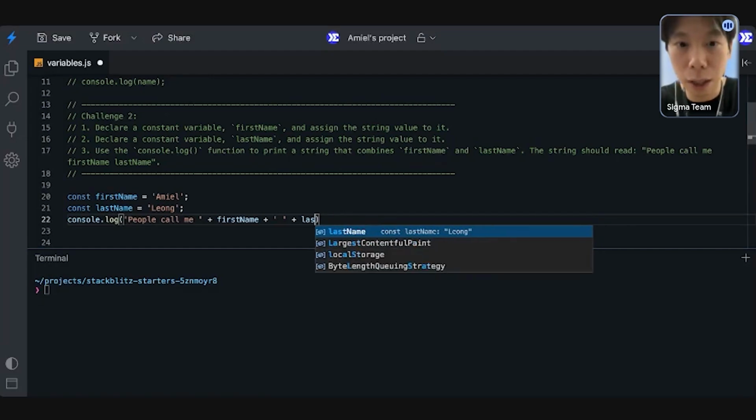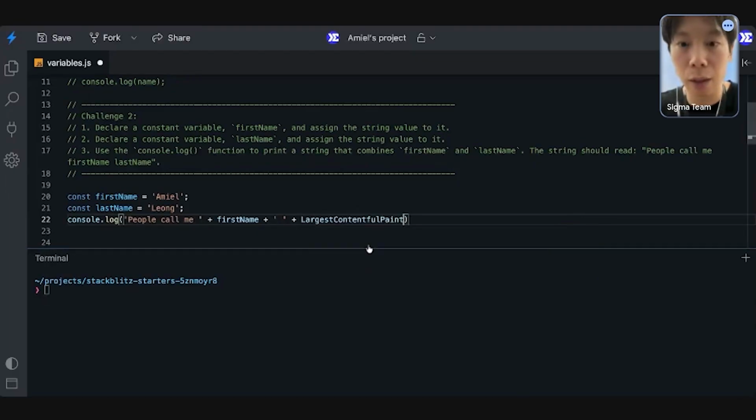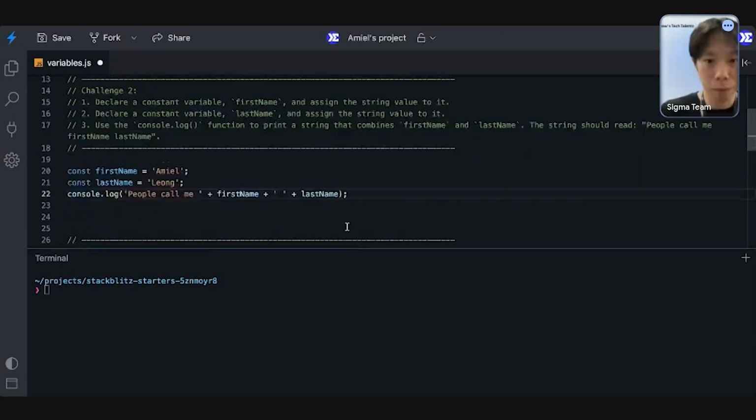So you can see while I'm typing, it actually recognizes the variables that I've created, and also some other functions that are already inside. So an easy way to do it is you can either tab, or you can just type out exactly how you named your variable. So this is one way to do it, right?